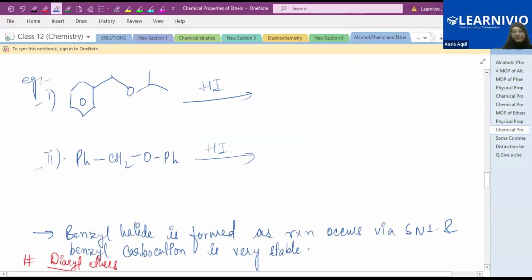Example 1 and 2. You can also write this structure like phenyl, both the sides, both the terminals, phenyl ring is attached. So you can write this. This is CH2, oxygen, and again there is a